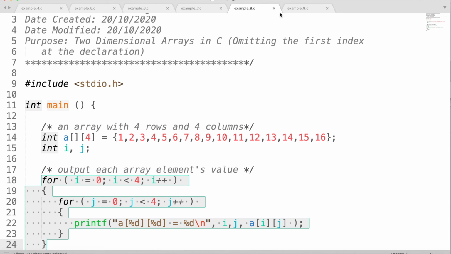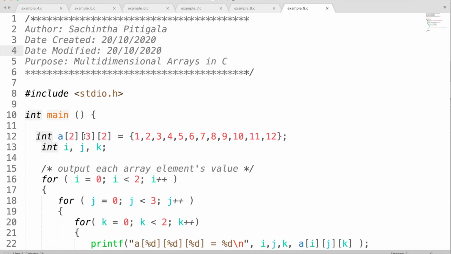So the next example will show you an array with 3 dimensions. So you can imagine this one as the row number, right? This is the column number. And if you think about only the specified row number and column number, then you will get a table. But if you specify the third dimension, then you will get a data structure something like a cube, right? So this is an example of a multi-dimensional array. Actually, this is an extension version of your two-dimensional array.